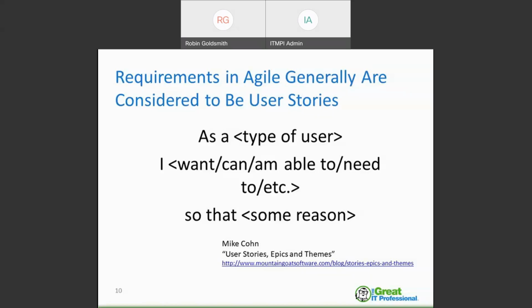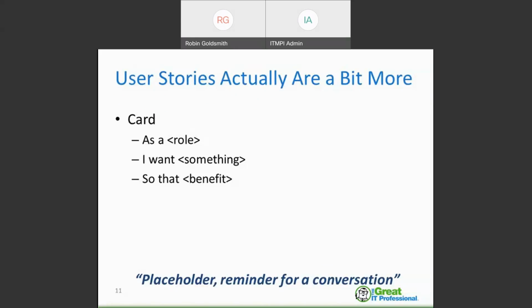Agile has a kind of a bumpy road with this. On the one hand, everybody uses user stories and they generally are considered requirements, and yet Agile often also kind of tries to tap dance around that. Now, to be fair, there's what's called the CCC,